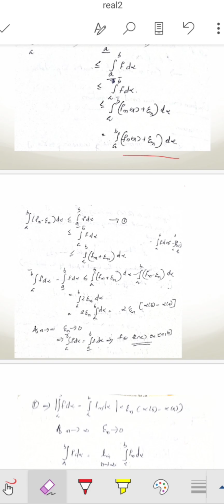So the upper integral from a to b of f d alpha is less than or equal to the integral from a to b of f_n plus epsilon_n d alpha, and also